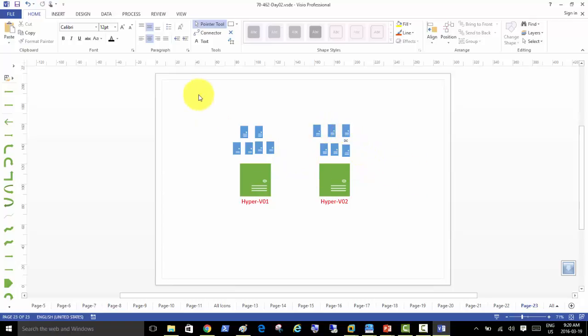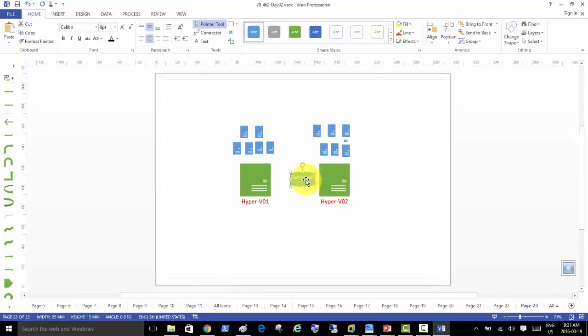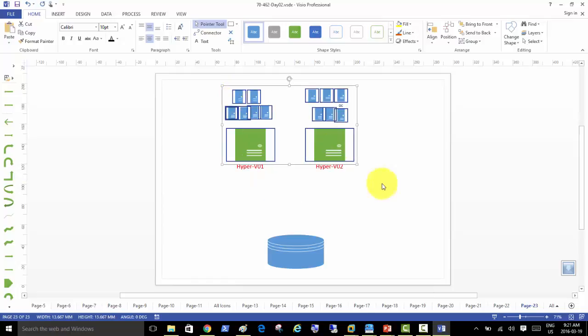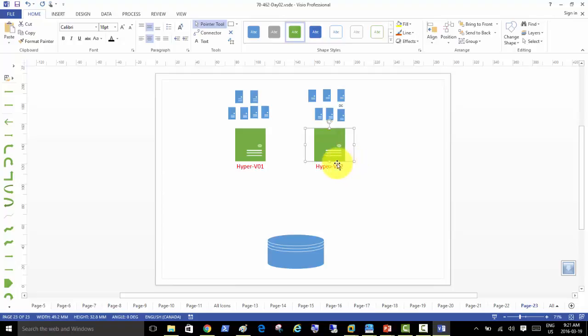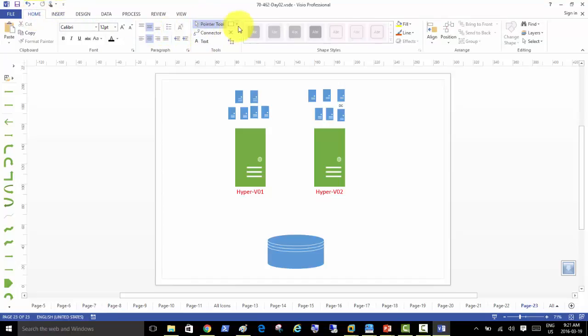So what's going on here? The main concept here is that there's always a third storage where you're saving your VMDK, or in our case VHDX, the hard disks of your virtual machines. So those virtual machines are running here, but their hard disks are always kept separately. So how do I design that? I need to find the icon, so I'll just drag this. So what we are doing here,